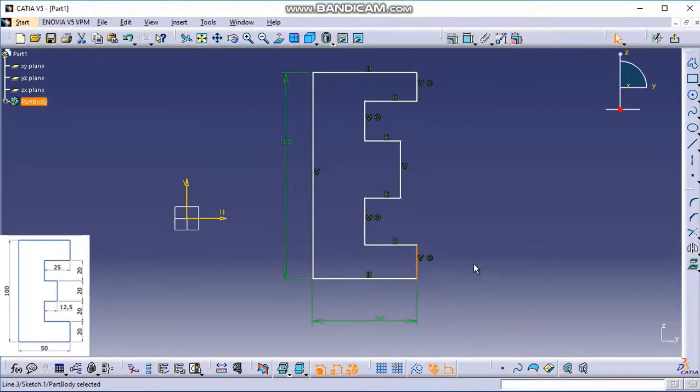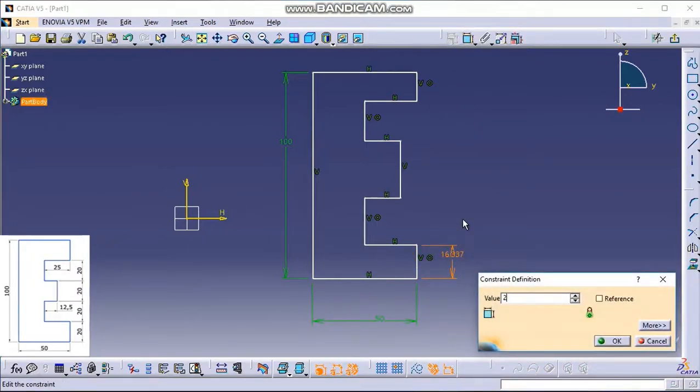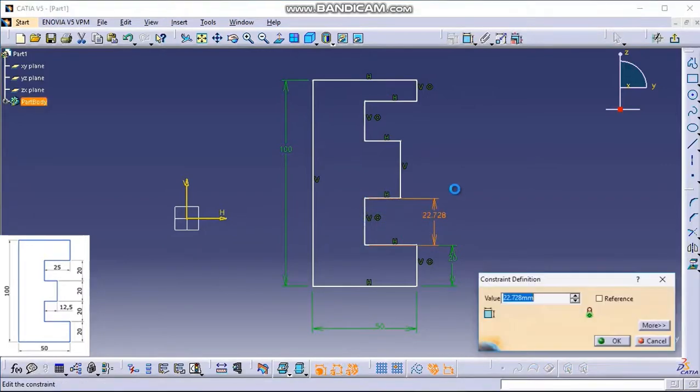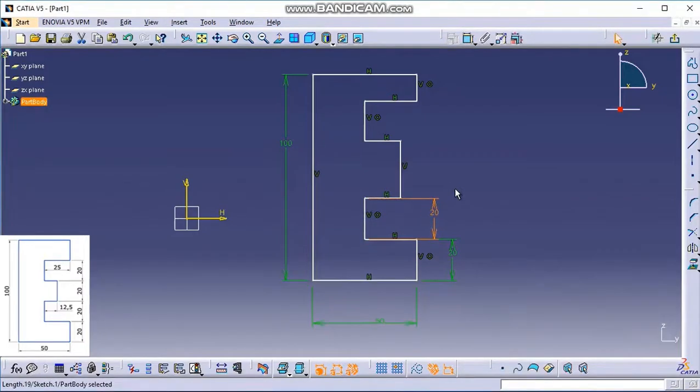If I click and click the dimensional constraint, you can see I'm getting a dimension. Double click here. This is 20. Or if I click this dimension constraint and click on the line, double click and give 20. This is also okay. But repeatedly I am going and selecting the dimensional constraints. It is a headache.